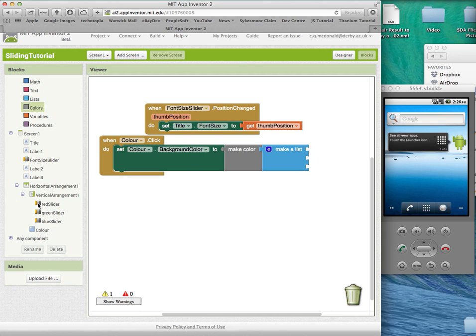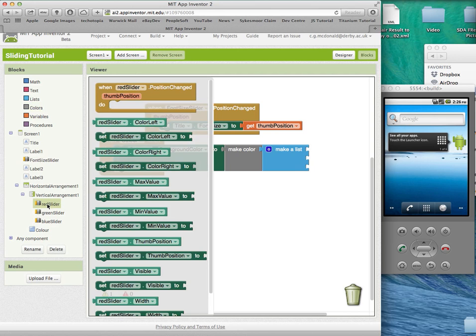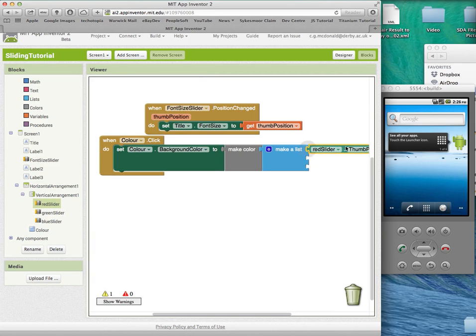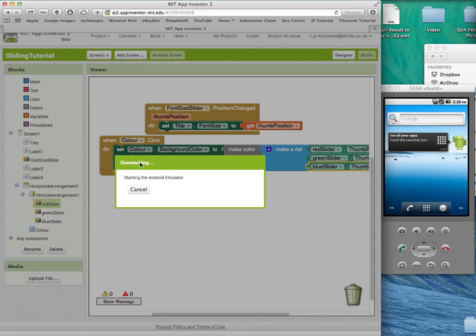So if we say red slider, thumb position, we can copy and paste, and change these to green slider and blue slider. Reset the connection, connect to the emulator,